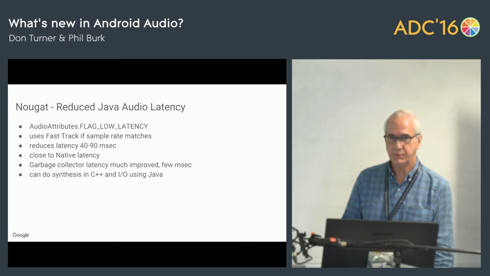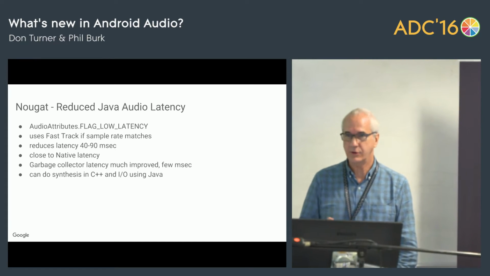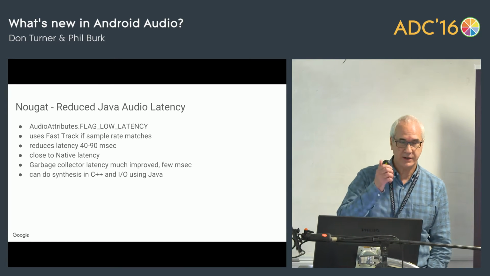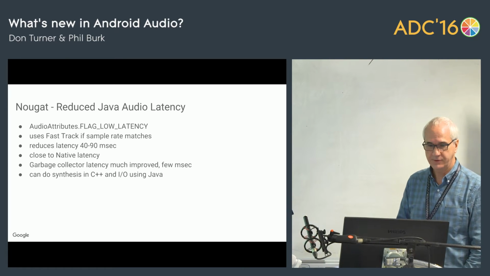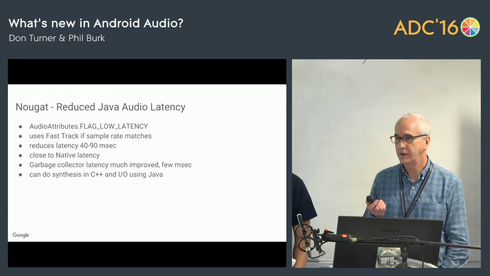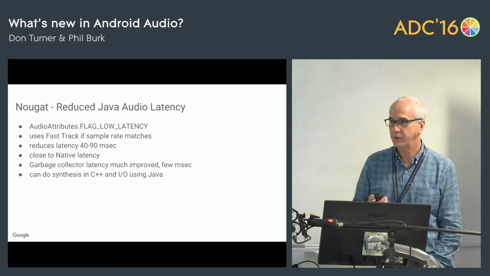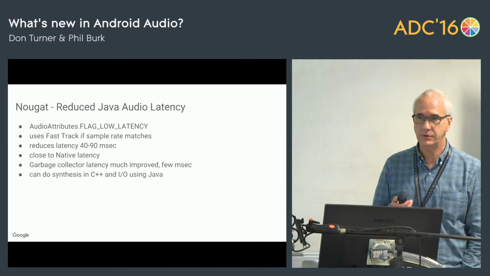And so what some people do now is if they have synthesizer code written in C++, they'll go ahead and call their C++ code through JNI, harvest the audio, and then actually just write it out through the Java audio track, and then they don't deal with OpenSL. So some folks are doing that. Or if you're writing just a pure Java application, sometimes people were forced to use native code just to get the audio performance. But now you could write sort of the entire app, including your audio code, in Java and